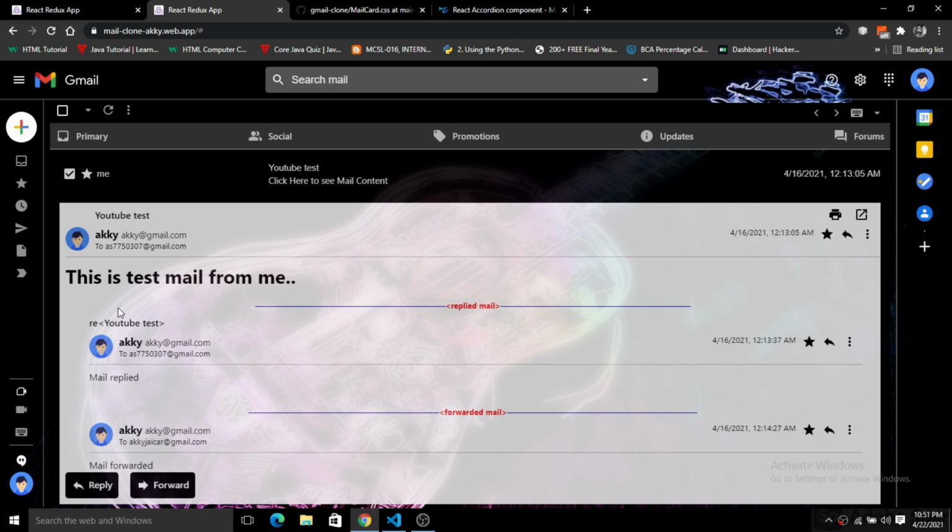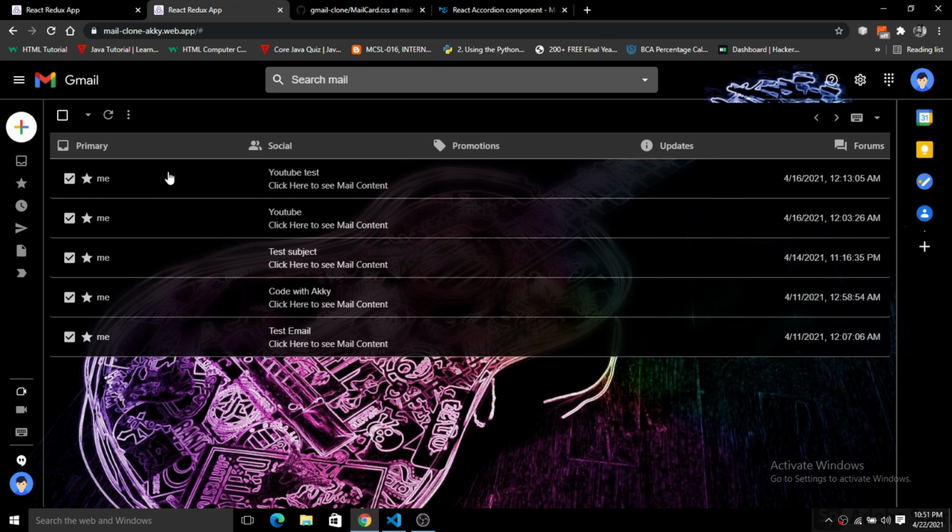In the next part we will talk about the Redux stuff, and we will add the mail to Firebase. We will create the user authentication panel in the first part, with a login state here. After that we will send the mail through this application, push the data to Firebase, and then render the data directly in the application to see the mail content also.